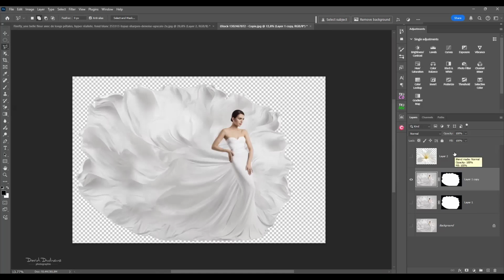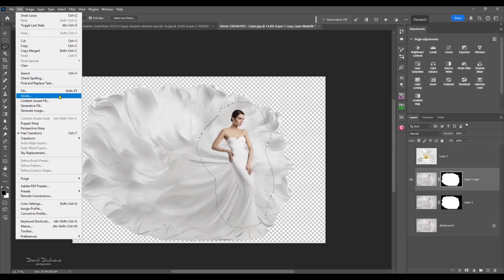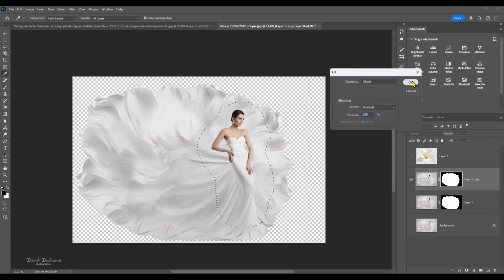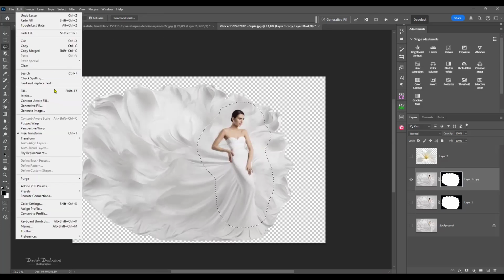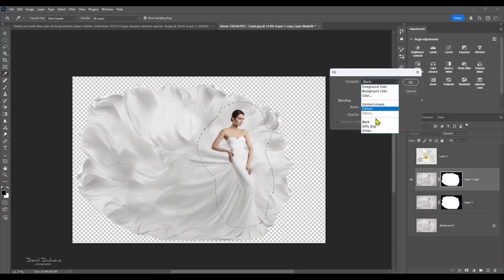So, okay. And now here I will change. In fact, I just need the model and a little bit around. I will take a little bit around. Why around? I will tell you. Because here you see you have very interesting lines with the dress. And here on my layer mask, I will fill, edit, fill. Oops, sorry, it was with white. Edit, fill with white. But